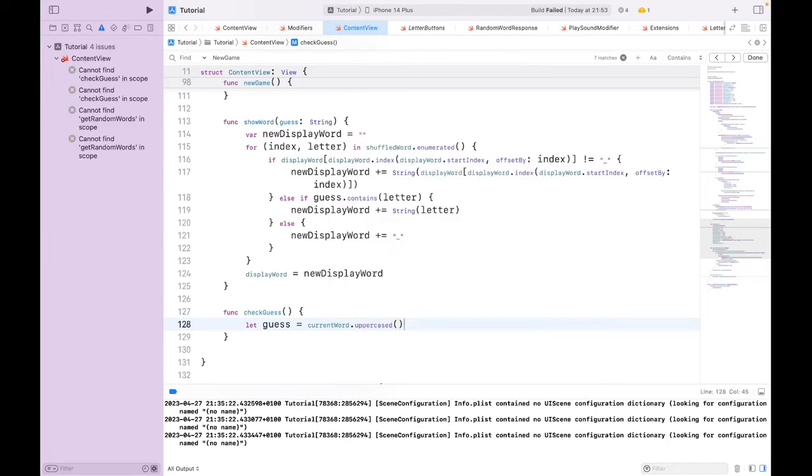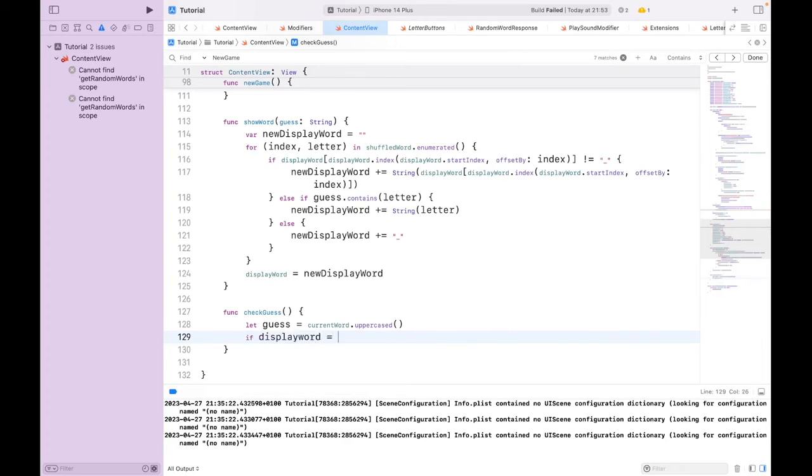So just convert each letter to uppercase. If displayWord equals shuffledWord,